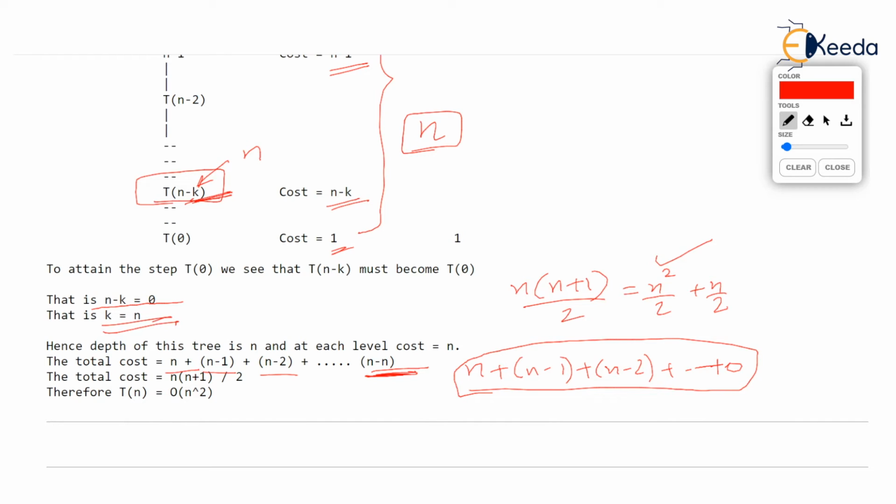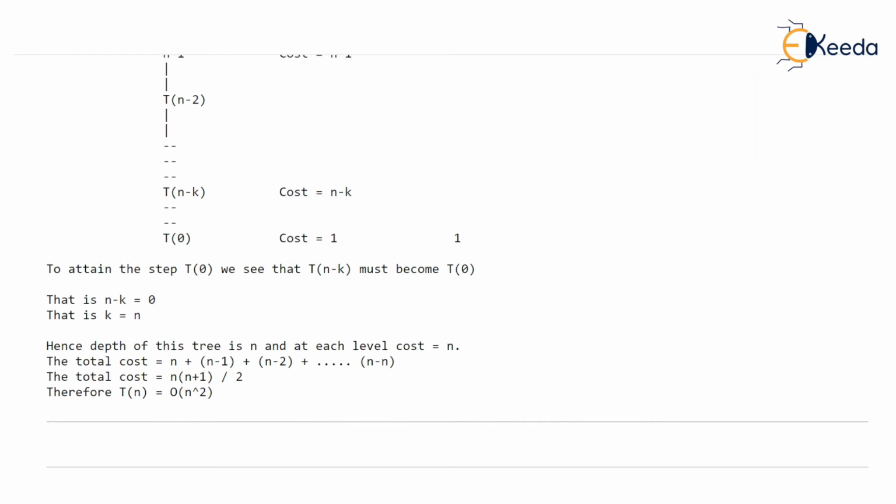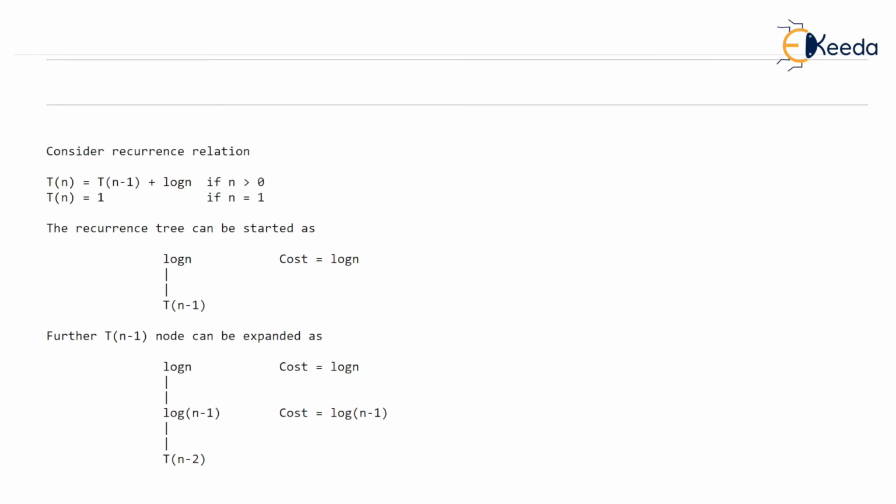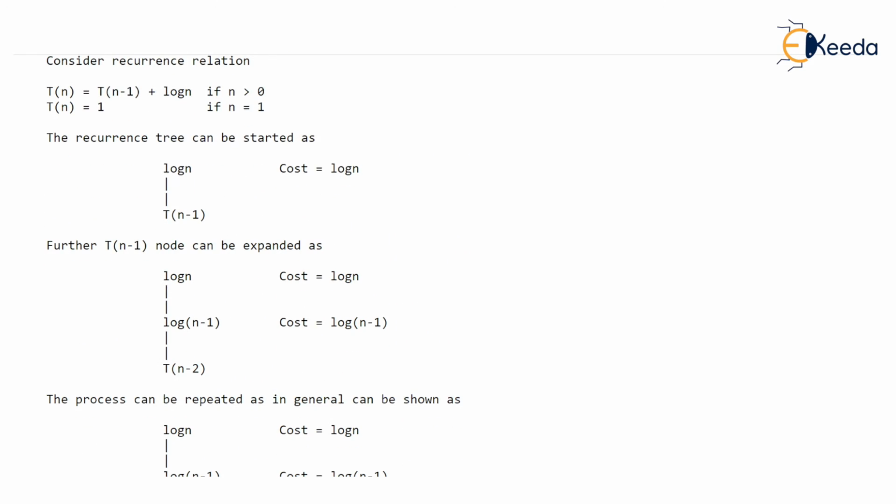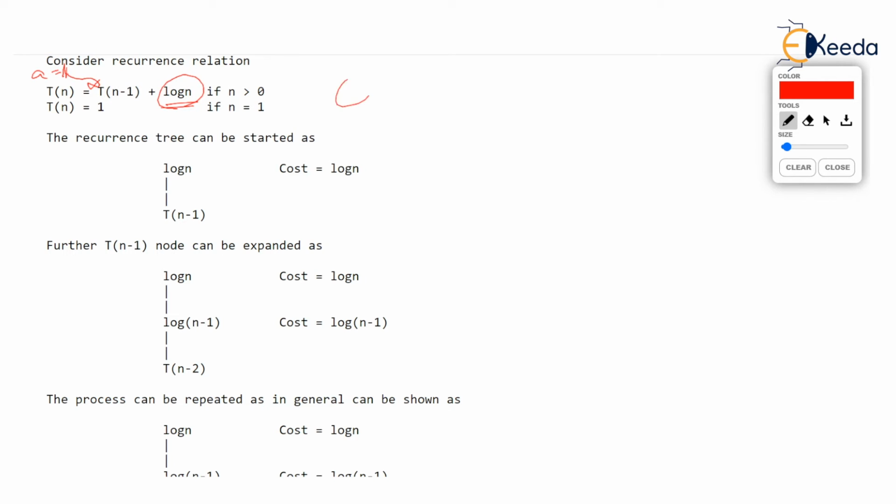Let's see one more example. We have the third example here, where we have got a recurrence relation of the form where f(n) is log n, and the multiplicative constant a is also 1. You recall our earlier video. When a is 1, then we simply multiply this f(n) with n. So don't waste your time and you say n log n. N log n is the answer, isn't it?